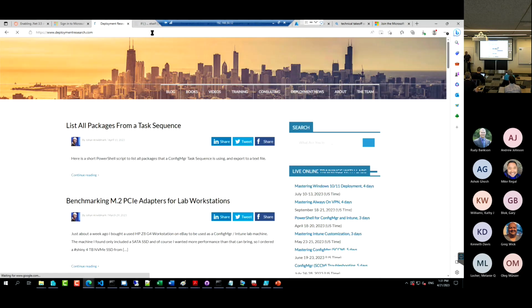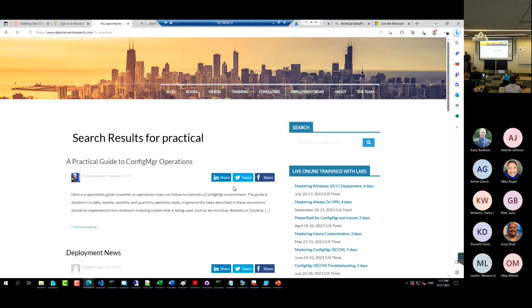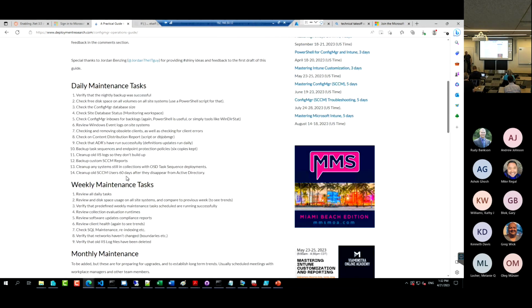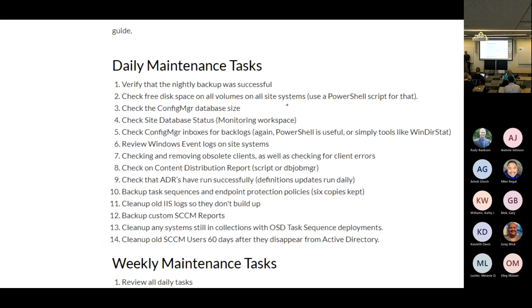we came up with what we call a little practical handbook, or how do you say it? I can spell practical. Where we started to define things that we realized, okay, for this environment, it made sense to do the following things. And the idea obviously is for each of these items that we listed here, use some sort of automation around it. So when we say verify that the last backup was successful, don't necessarily mean